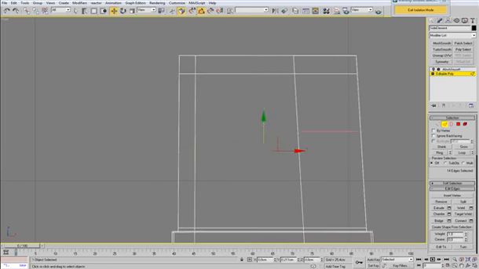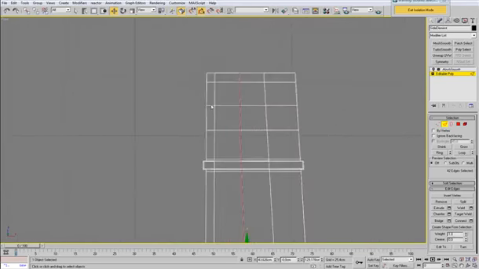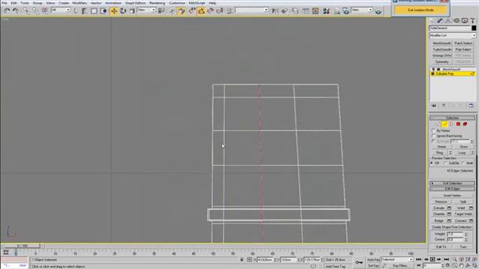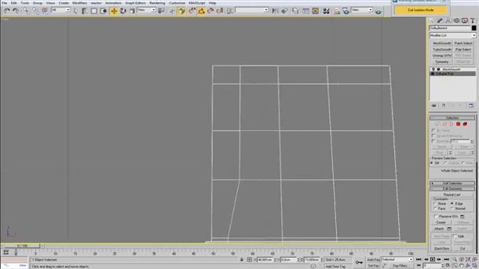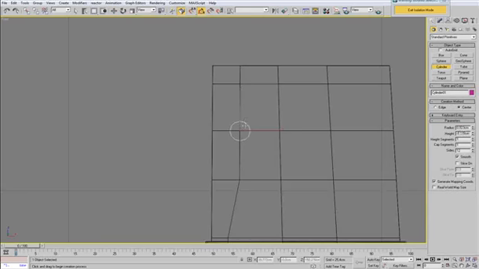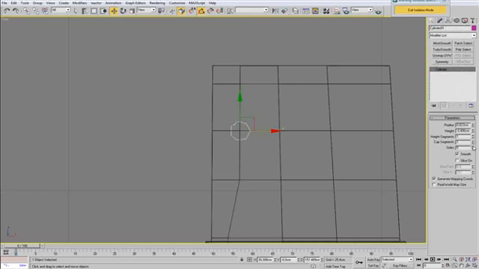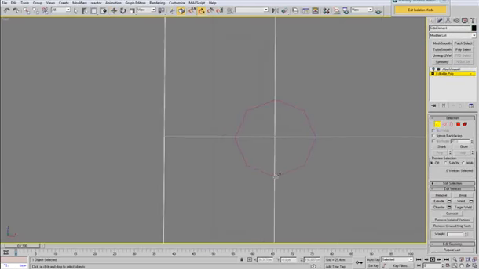Once again we need to make an edge, two edges actually, that will represent the center of the hole. Yeah, I'm going to move those vertices back a bit, just so I have enough space. And now I'm going to create my cylinder, make it with 8 sides, position it properly, center it,